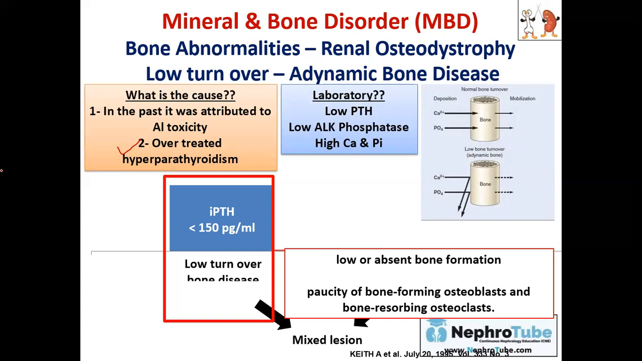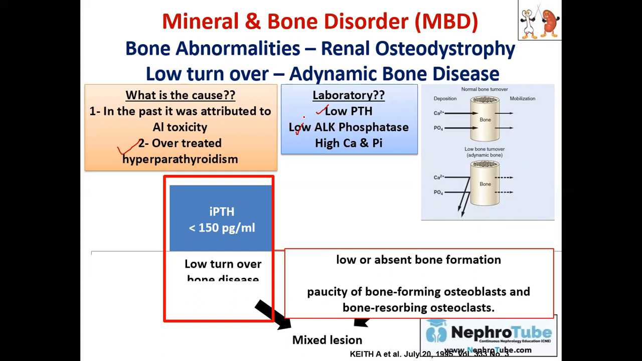In this patient, what are the laboratory markers? We mentioned them in secondary hyperparathyroidism and in tertiary hyperparathyroidism. So what is the difference? What will we find as laboratory changes in this patient? Yes, we will find low PTH and we will find low alkaline phosphatase because